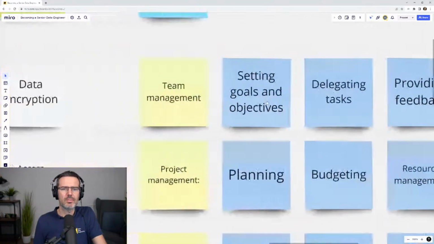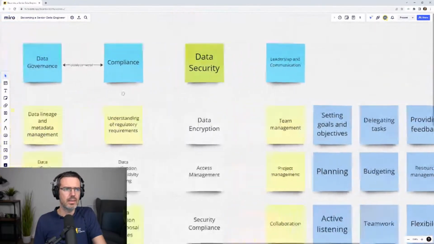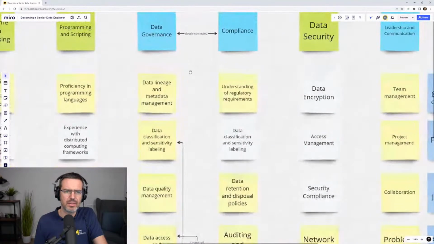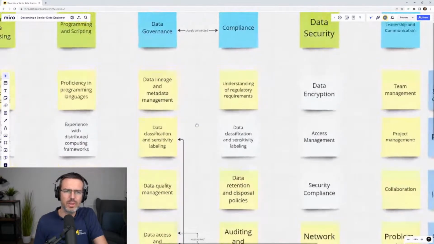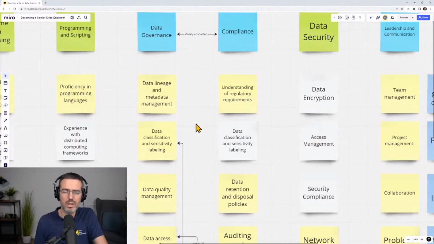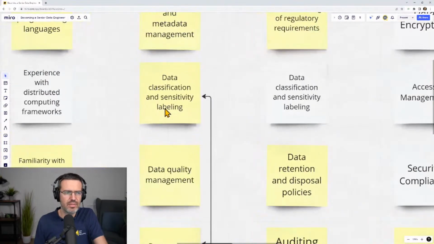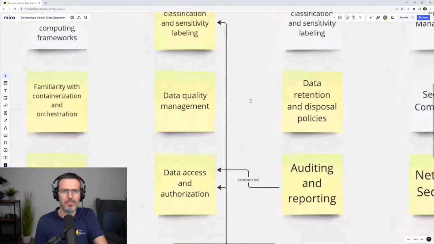So in general, okay, let's quickly go through this, as you can figure this out this way. Governance is more towards how are we using the data and who is allowed to do what with the data. So it's about data lineage, about figuring out what data is sensitive and should not be available for everybody.